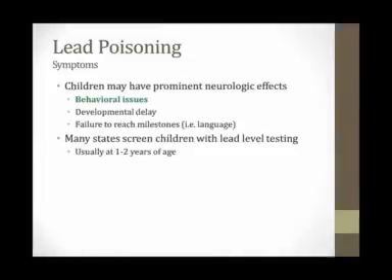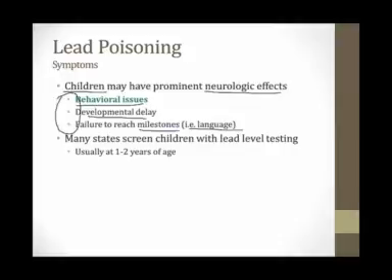The symptoms are hard to recognize in adults, but they can be even harder to recognize among children. First of all, children can't always give a clear history, and in addition, children often have prominent neurological effects, so they can develop behavioral issues, developmental delay, or failure to reach their milestones, especially in language. None of these things may right away make you think of lead poisoning, and for this reason, many places in the United States mandate screening of children with a measurement of a lead level. This is usually done at 1 to 2 years of age to try and identify lead poisoning before it results